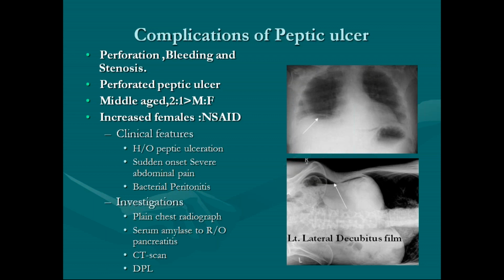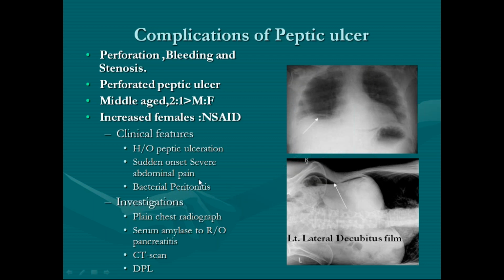The peritoneum gets irritated because of the gastric contents, and the patient will have severe abdominal pain. Even though the gastric contents have less bacterial contamination, as time goes on, bacterial peritonitis sets in, so the patient will have tachycardia. Initially there won't be fever, but later on fever also sets in. If it is not corrected in time, the patient can present with features of shock, okay.